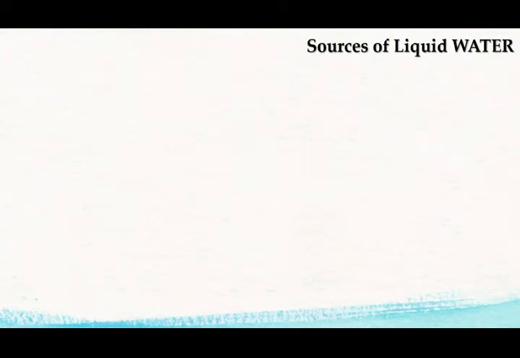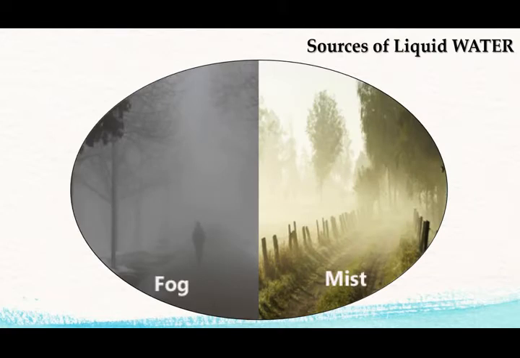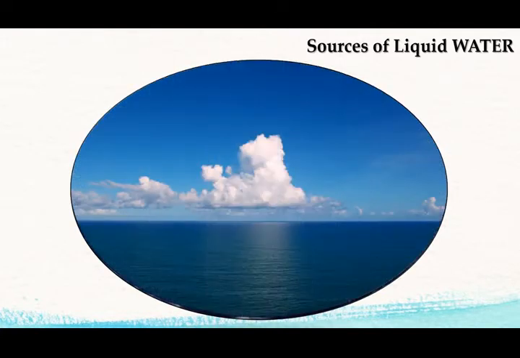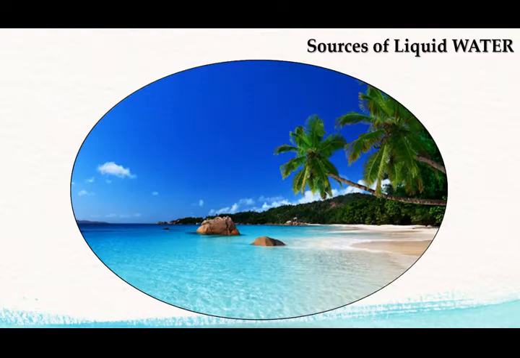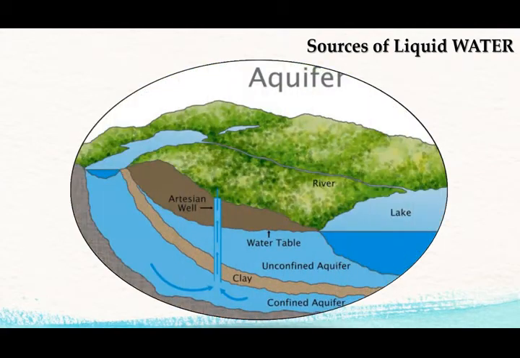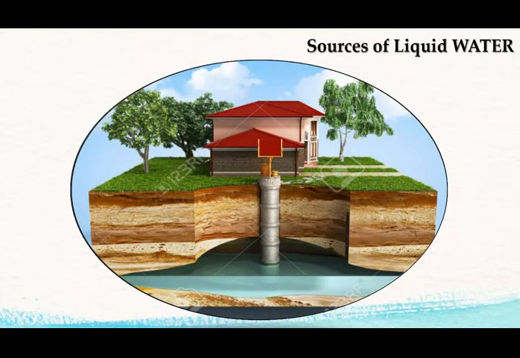In nature, water is found both in liquid form and in frozen form. Now let us see the sources of water in liquid form. In liquid form, water exists in the form of fog, mist, then in the clouds, in oceans, in seas, in rivers, wells, aquifers, then underground water, and